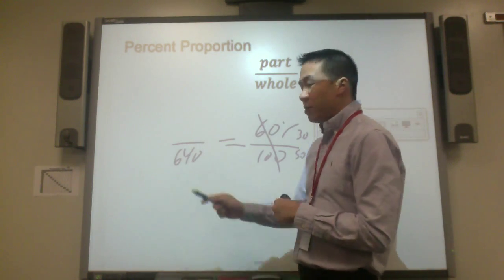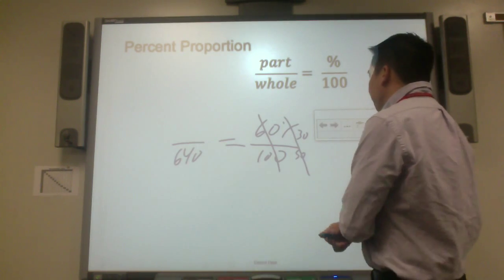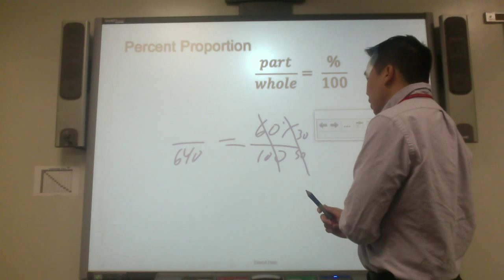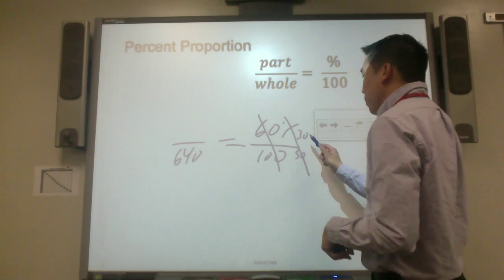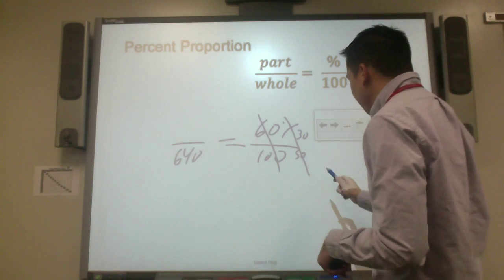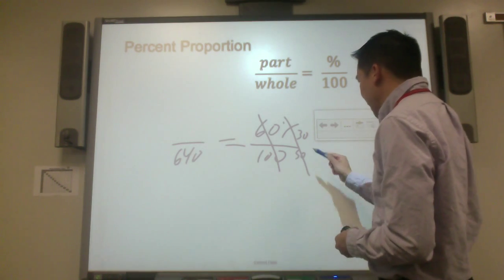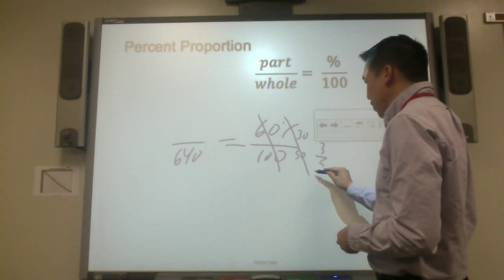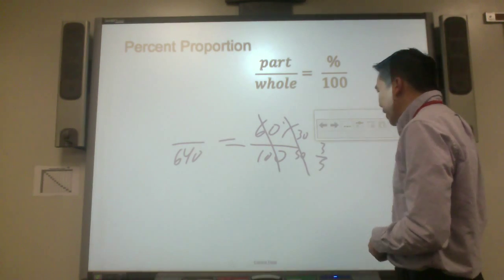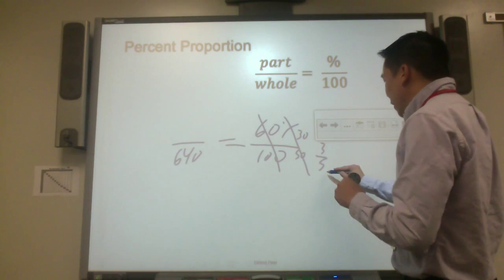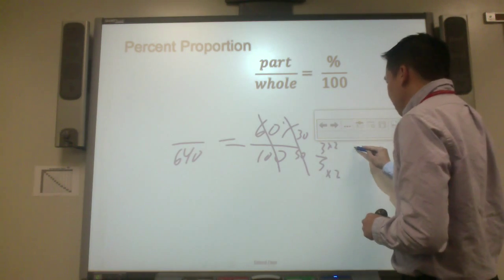Can 50 be built up? No. I should have broken that up by 10. Okay, anyway, I'm going to break it up by 10. So it'll be 3/5. Now I need to build 5 back to 640. How can I build 5? Oh, I can build it up by 128. That would be